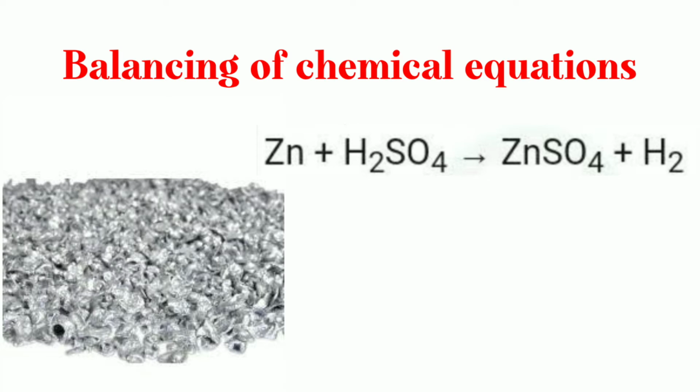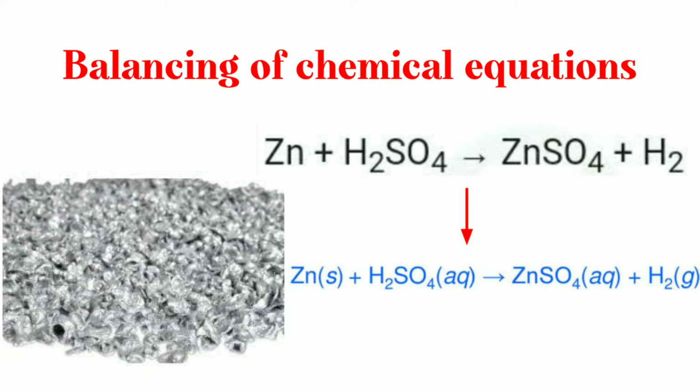Here zinc metal is a solid, so we write Zn(s). Dilute sulfuric acid is an aqueous solution, so we write H2SO4(aq). Zinc sulfate is also an aqueous solution, so we write ZnSO4(aq). And hydrogen is a gas, which is written as H2(g). The above equation can now be written as Zn(s) + H2SO4(aq) gives ZnSO4(aq)